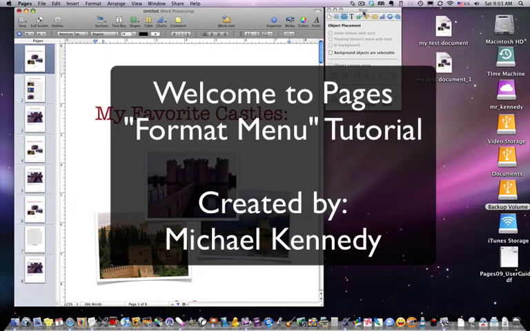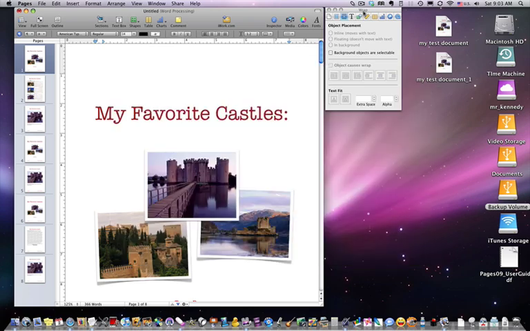Great, welcome back. We're inside of Pages in the iWork suite, and today we're covering the menu option for format. And as I've stated in the Insert menu, Insert through View are tools that are built into the shortcut icons and also into the inspector. I'm going to go over these quickly, but rest assured, as we start building documents, you will learn how to use a lot of these functions. And between this and the advanced tutorial series, you will learn how to use every function built into the Pages